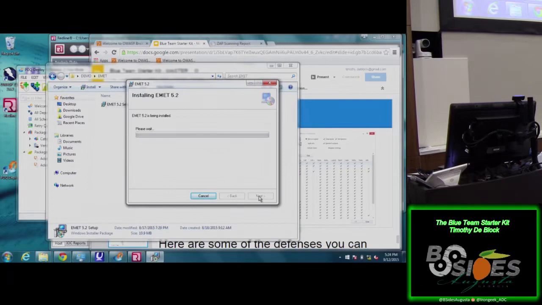You can control this with group policy by just putting some ADMX files on the domain controllers and getting a binary to it, which controls certain aspects of it. That's not going to give you the granular control of EMET. That will require an XML file that you can throw into a logon script and load onto every machine.